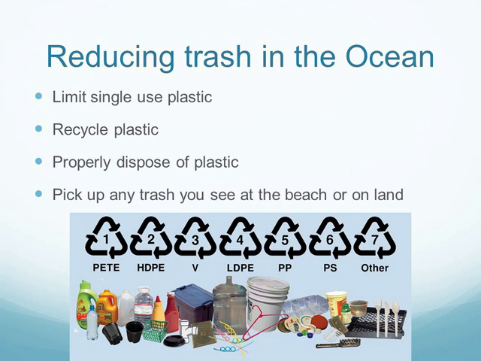The image on the bottom here shows the different types of plastic, so you can see they range from 1 all the way to 7. And here in Hawaii, we typically only recycle 1 and 2. 3 through 7 is just thrown away in our landfill. And even 1 and 2, sometimes it's not recycled here in Hawaii because we don't have a recycling plant to recycle plastic. Everything is shipped to the mainland or other countries. So if those other countries or the mainland does not want our plastic, then it gets burned. So that's kind of just a caveat here in Hawaii.